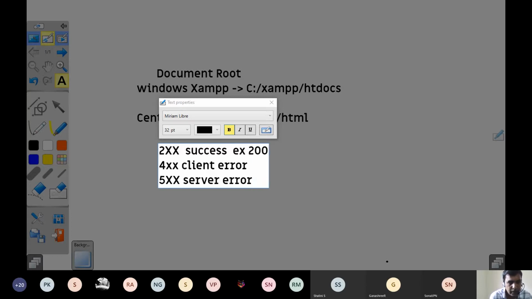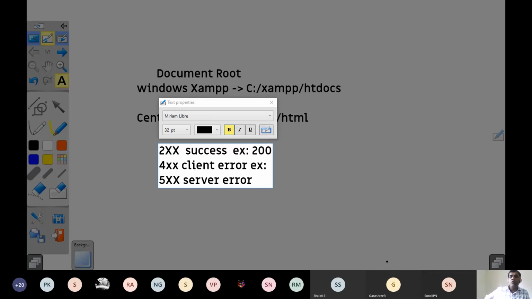Success code is 200. Okay, one example of a success code is 200, which says that when you send a request, the server will successfully send you the file or a resource, and the server will also send a status code. HTTP says status code 200 indicates that the request is successfully serviced. So then coming to the next, client error.